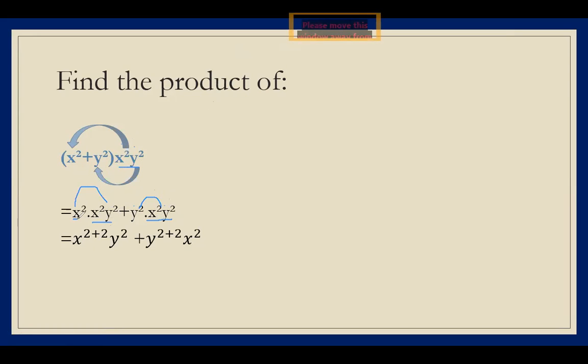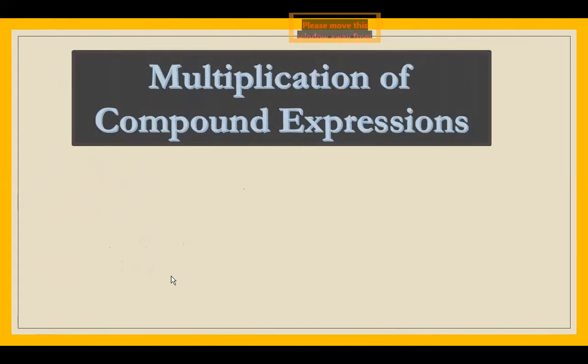So here x square and x square. Students, when bases are same, power will be added. And again here y is same, that means the powers are square and square. Power will be added, we get y power 2 plus 2. Then we can add these powers, we get x power 4 y square plus y power 4 x square. Clear everybody? Now, let's start exercise 3.6,